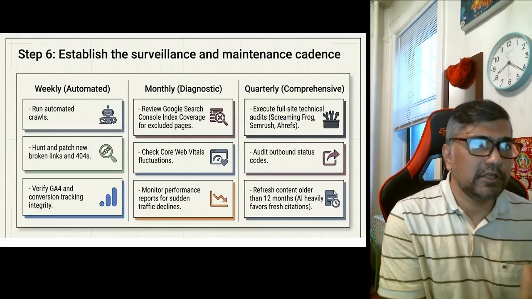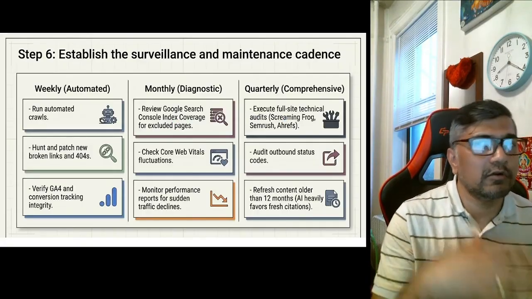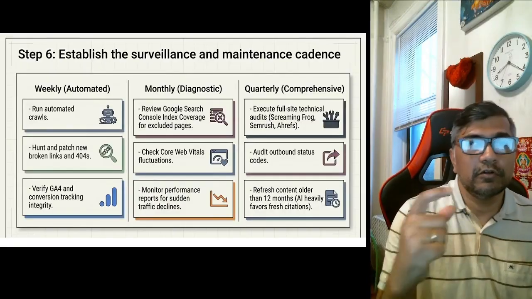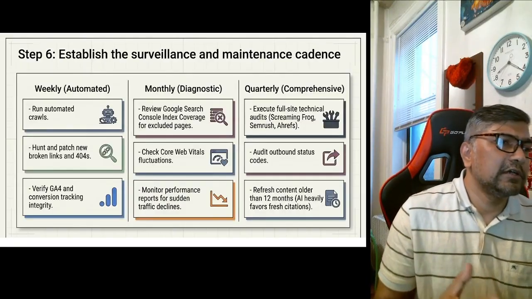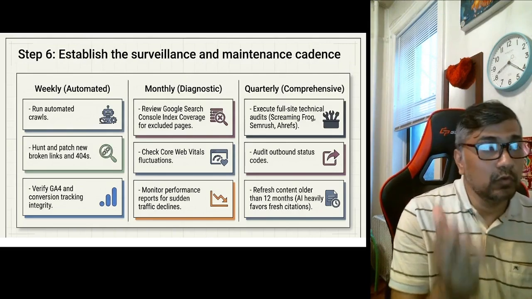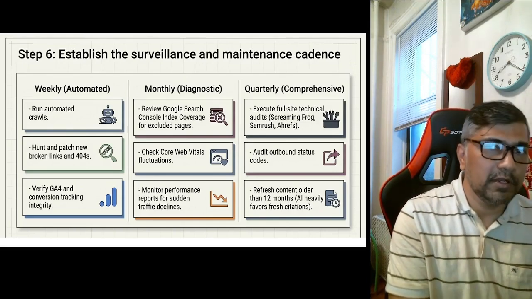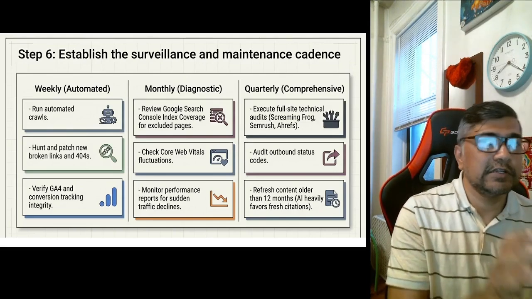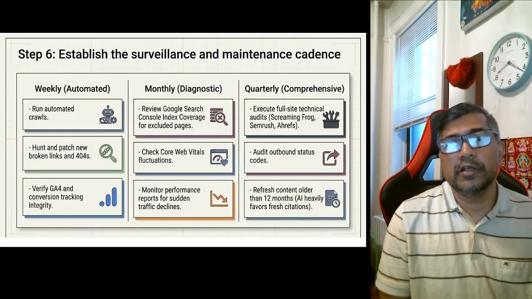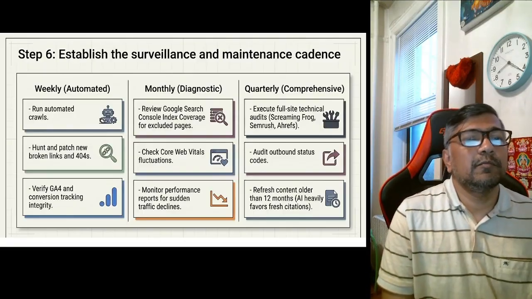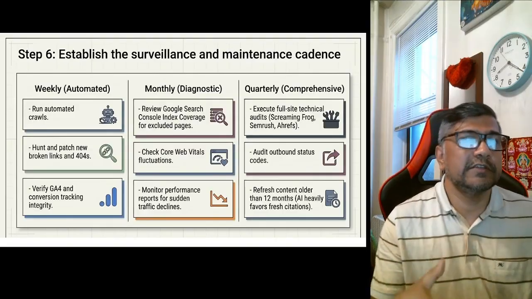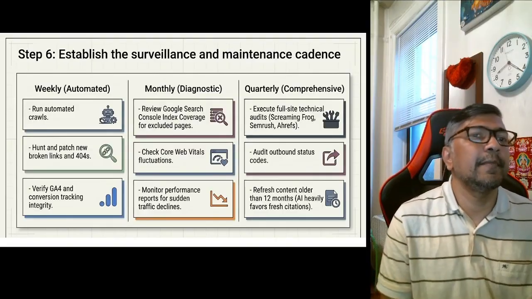So here are the tasks that generally you can do on a regular basis to make your website SEO friendly. On a regular basis, you are crawling your website, looking at all 404 errors, and also verifying that your Google Analytics is properly connected to the site, so that it gives the right signal to your Google Analytics on how many people are visiting your site, which pages are getting more visibility, etc. The monthly